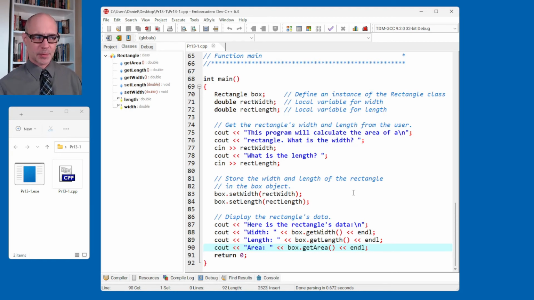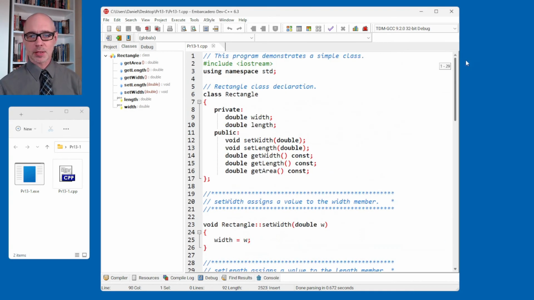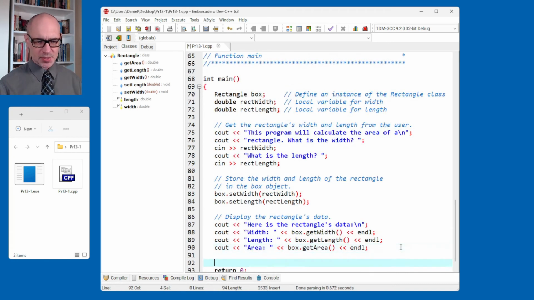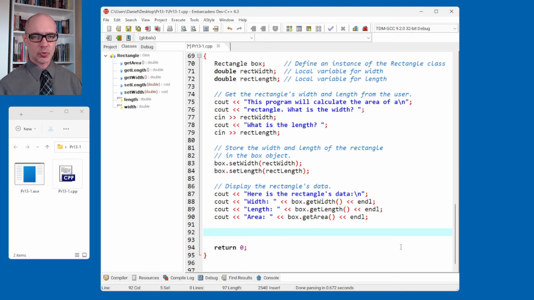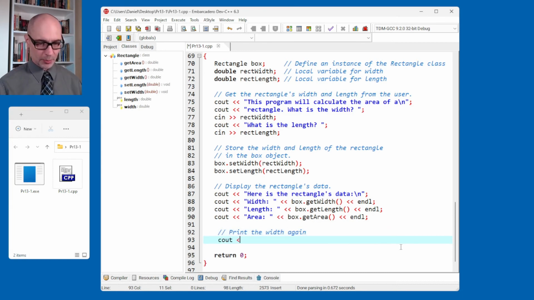But let's do something else. Okay, so we know that the width, as one example, is one of the pieces of member data in the rectangle class. You can see it here in the actual code. You can see it over here in the classes tab as a reminder if you need that. So let's say I'm another programmer and I'm coming in here and I've been tasked to add a little bit more code to this. What I want to do is print the width again. It's not the most interesting thing, but let's say I want to print the width again. So I should be able to print out